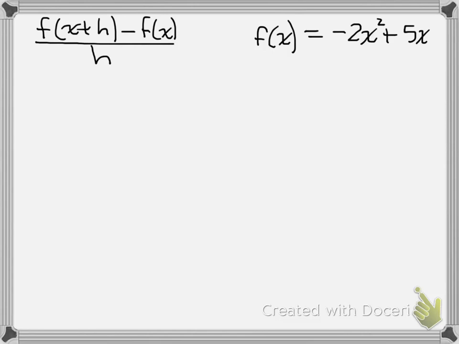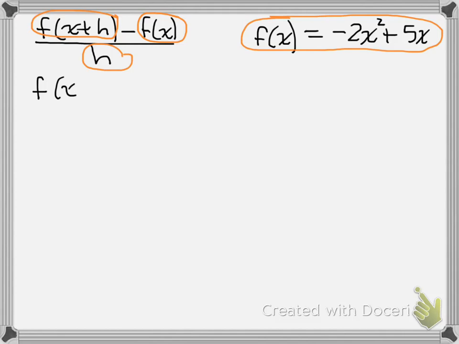We have a formula for a difference quotient, and there's three pieces: f of x plus h, f of x, and this h. We already have f of x, that's given to us in our original equation. And so the next thing we want to do is figure out this f of x plus h thing. So f of x plus h,